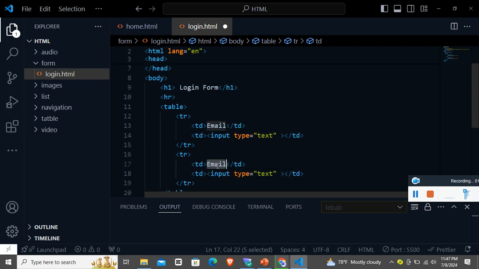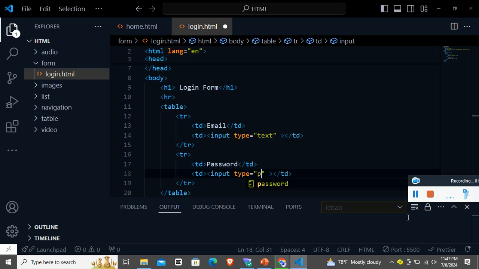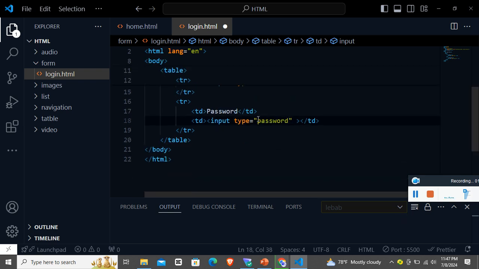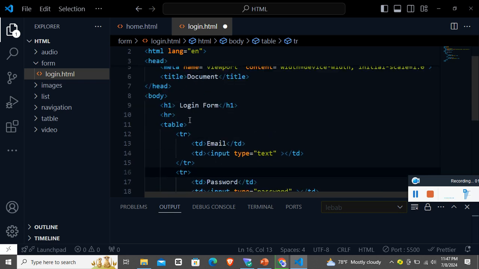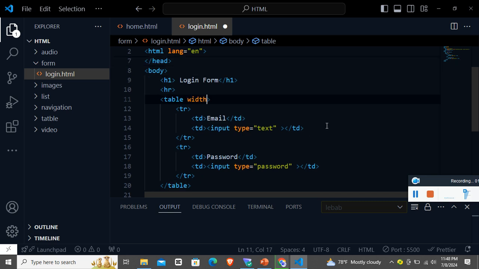Let's have another password component. Here there are many input types: text, password. I show you everything: password, and then number, and then date, and then many more, checkbox and radio. We're going to learn bit by bit. So we're going to be having a password to type in here, login, and for the time being, we just